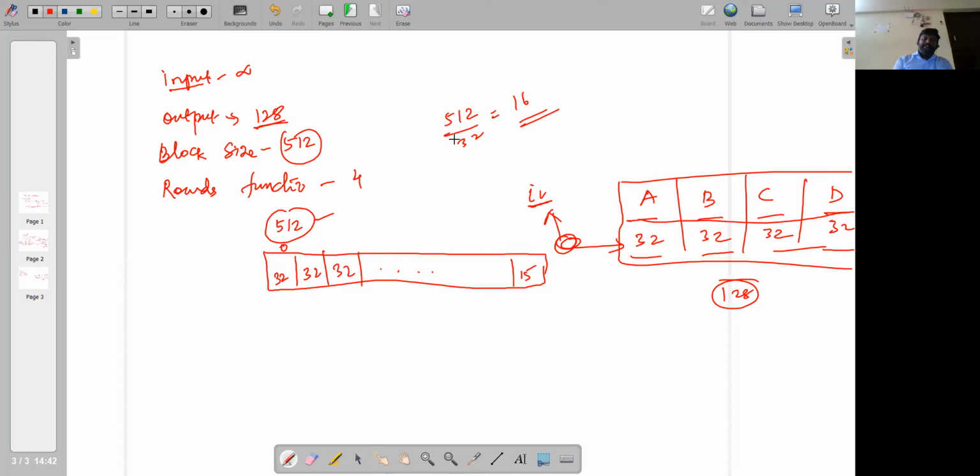Right now, after dividing this input into the sub plain text, we are going to take only one 32 bit unit. This 32 bit unit we are going to take as an input, and then we are going to process further. For that I need an extra space. Give me a second.